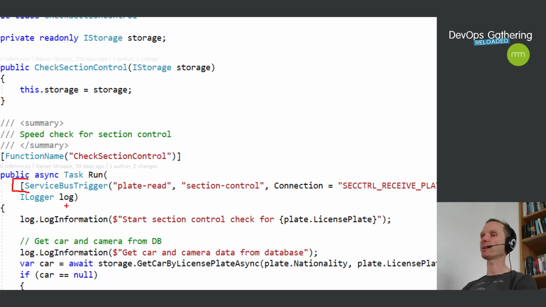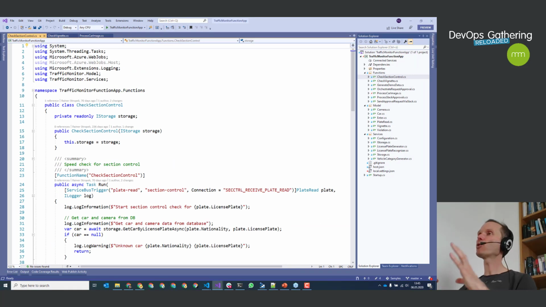It will also be triggered by this topic, and it will check whether the car has been driving too fast, for instance. So this is how you connect the functions. You do not have to write the glue code. You just write the business logic for each service or microservice, and the Azure Functions runtime will make sure that the functions and the microservices are connected properly.